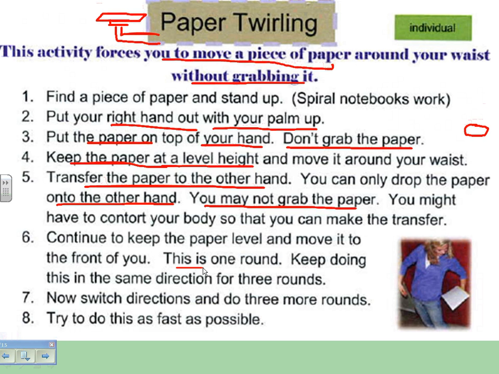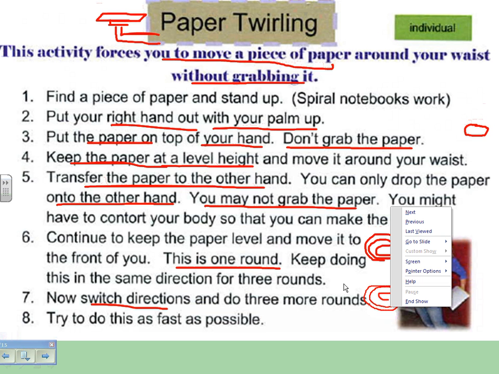Okay? So you're going to do this. That's one round when you go around once. And when you do it in the same direction, you're going to do it 3 times without trying to drop the paper. Next, after you do that, switch, and then go the opposite way around your waist 3 times without dropping it. And the last part of this is to try to,